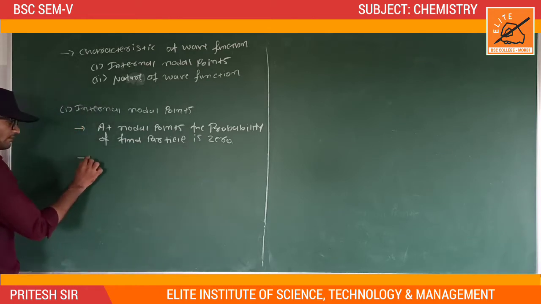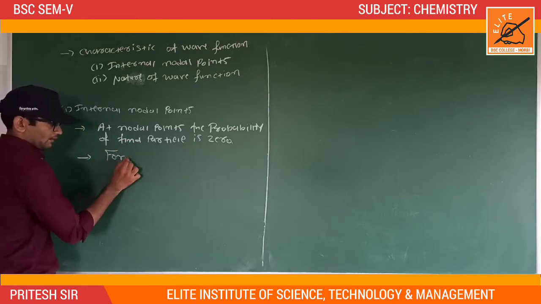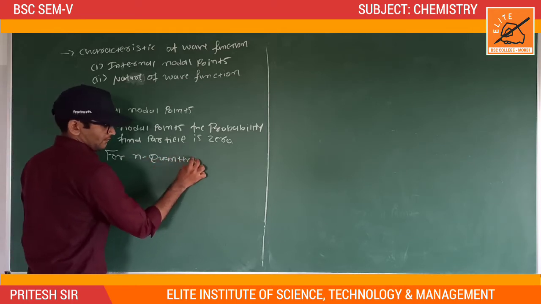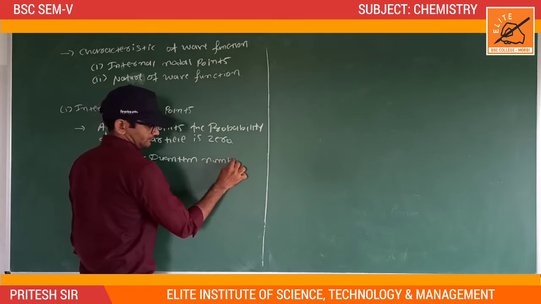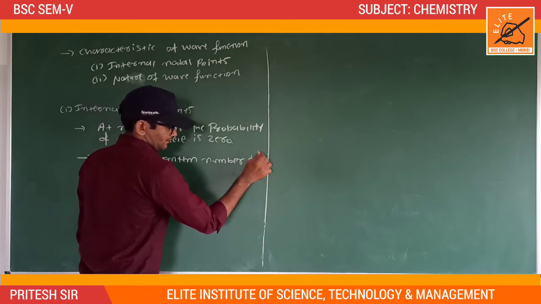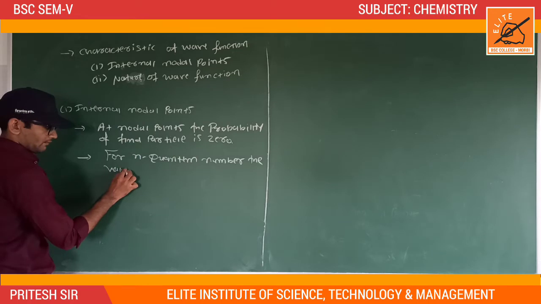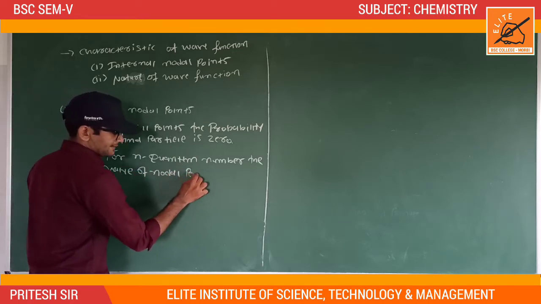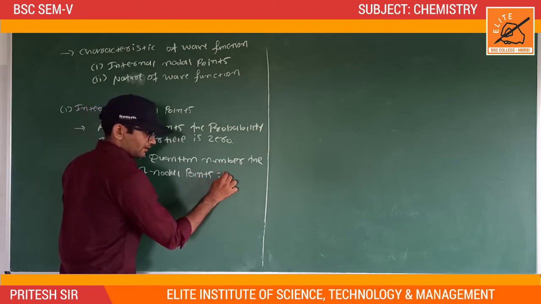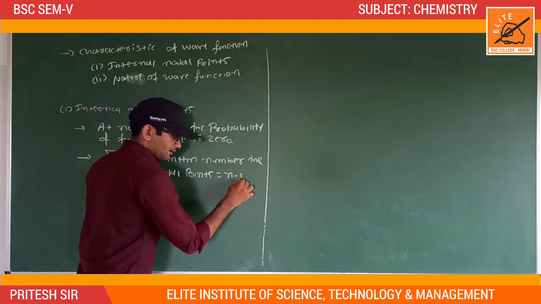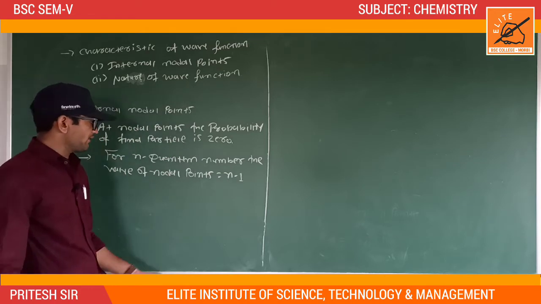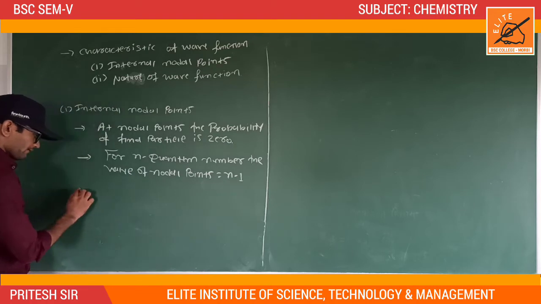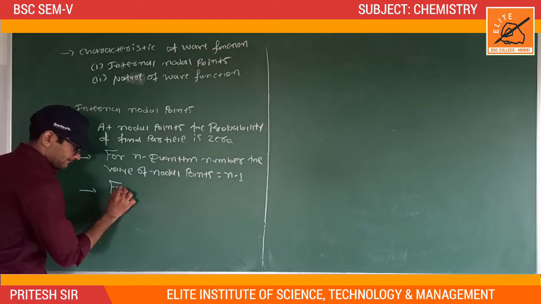Okay, so for n quantum number, the number of nodal points is equal to n minus 1. Okay, so for n quantum number the number of nodal points is equal to n minus 1. It means for ground state level,